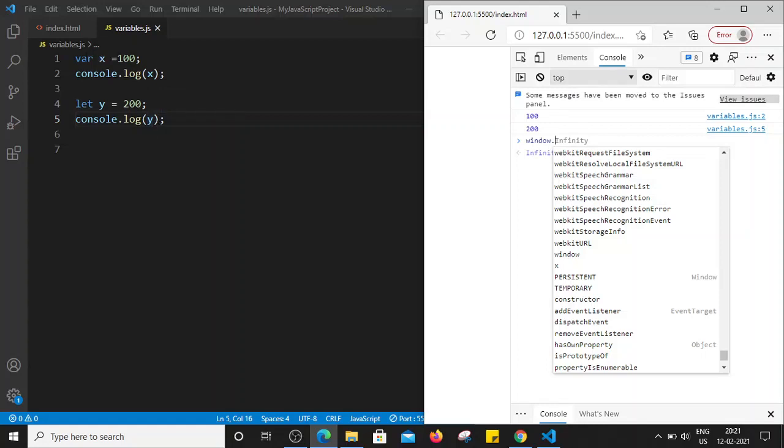For example, let's say I am using variable x in my project, but there is some third-party framework which is also using the x variable, right? In that case, that will conflict, and that will overwrite our x, right? So that is a problem. That's why it is better to use let and const, and better to avoid declaring variables with the var keyword. So that is also one difference.